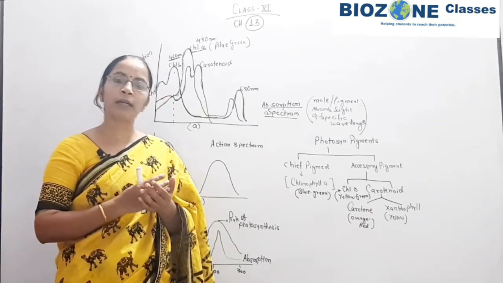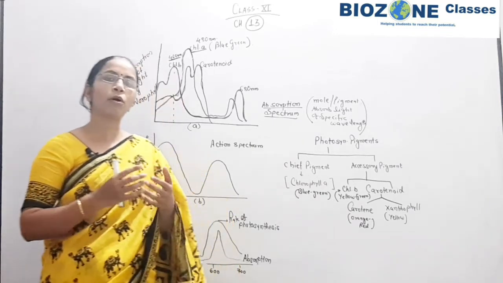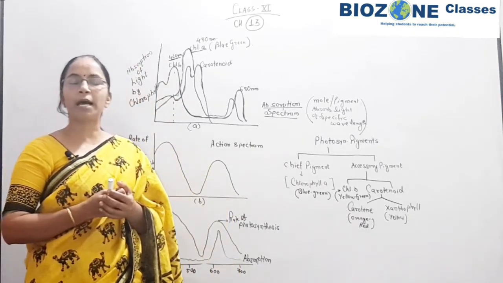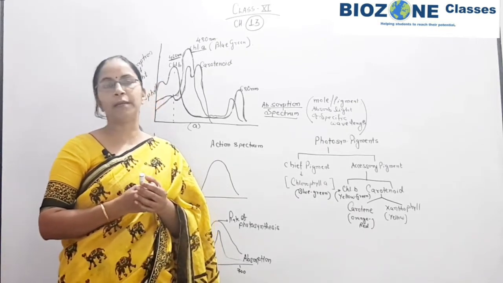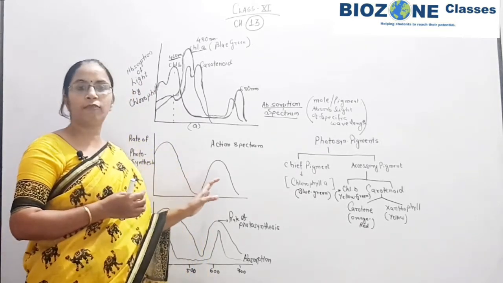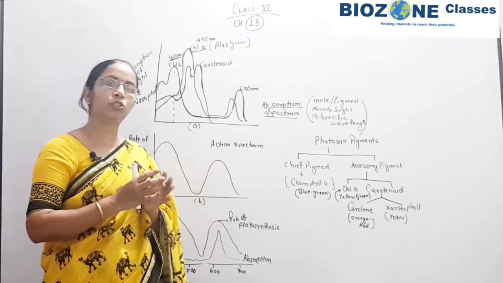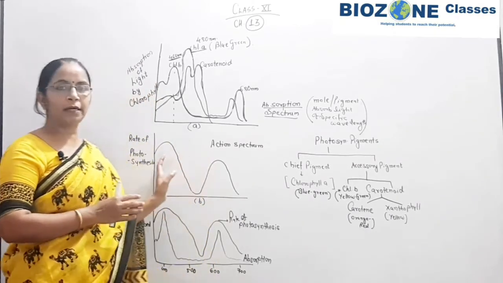If there are fewer bubbles, then the rate of photosynthesis is low, because oxygen is released as a byproduct in photosynthesis, and this oxygen in experimental conditions underwater is released in the form of bubbles. So we count oxygen evolution in the form of bubbles, that's why that part is mentioned.